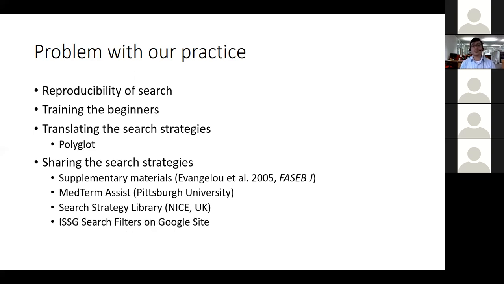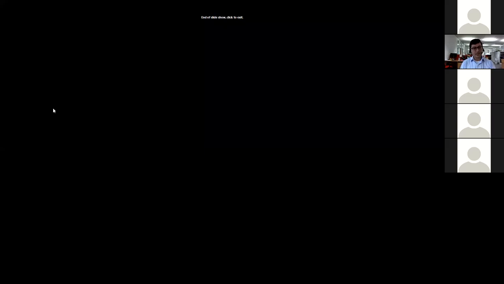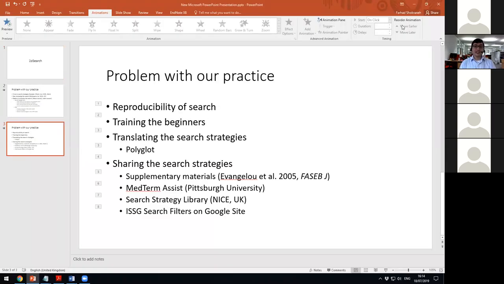And then there is a Google site. Some of the librarians have collected the search filters, the ones that have been published or partly validated or tested, or suggested by certain organizations. They've collected them on a Google site. So these were the issues, and